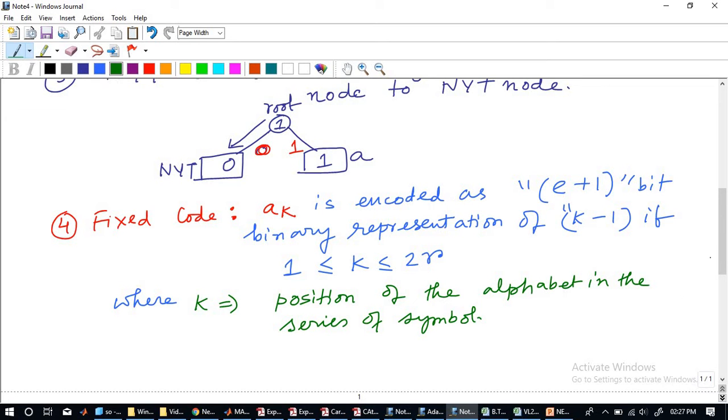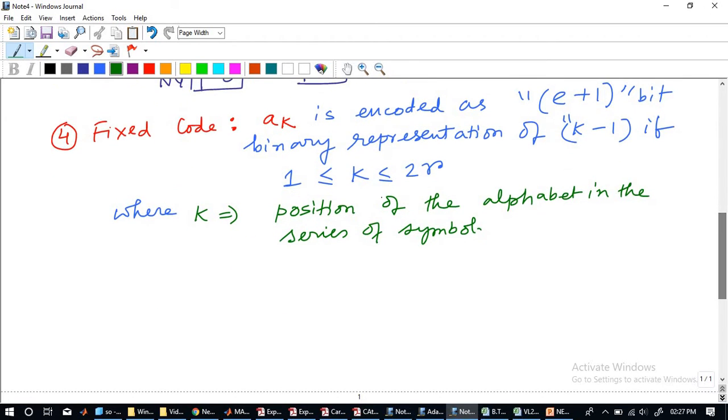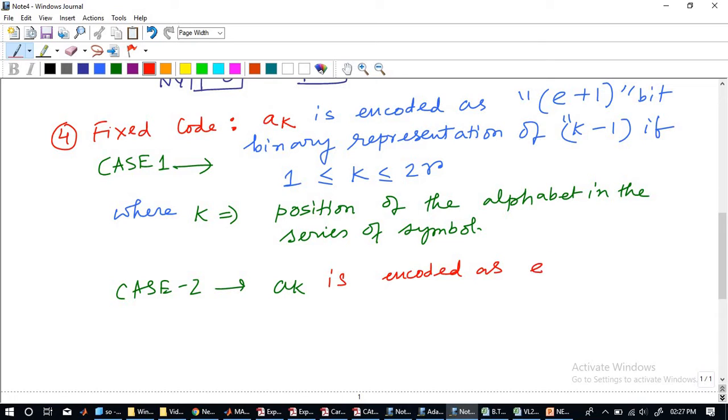Okay. Or else, this is case 1, and case 2 is: AK is encoded as E bit representation of K minus R minus 1.